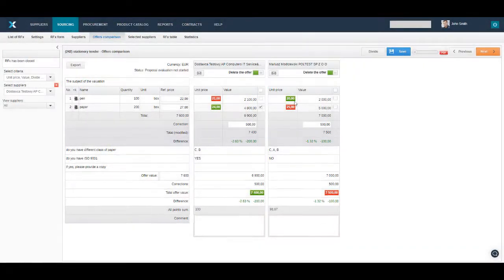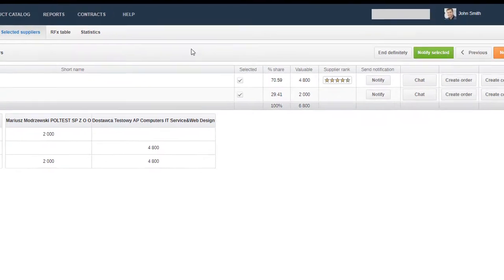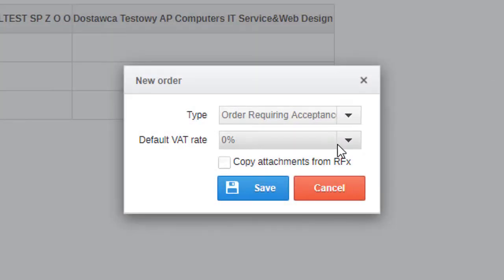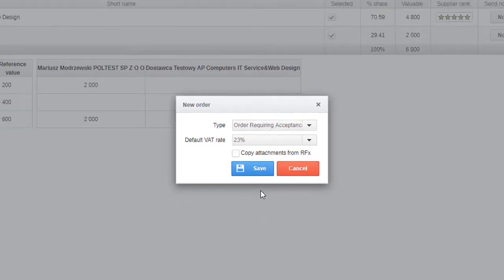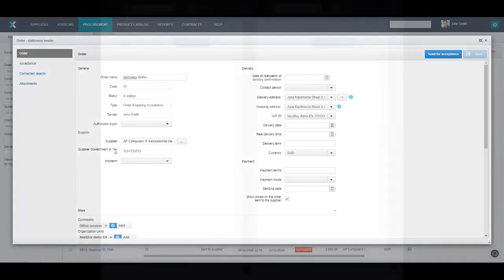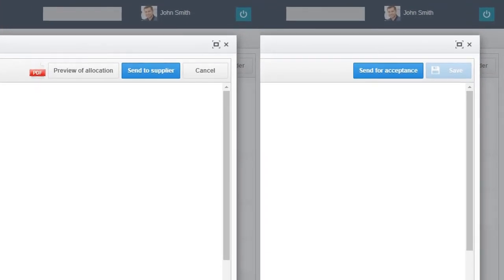After selecting the supplier, in the Offers comparison, go to the Selected Suppliers tab and click on the New Order button. In the next step, select the order type and set the default VAT rate. The system will move you directly to the new order form. Check all the data and then, depending on the type of order selected, send for acceptance or directly to the